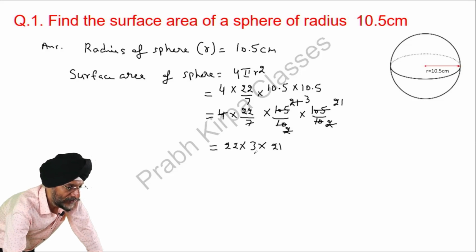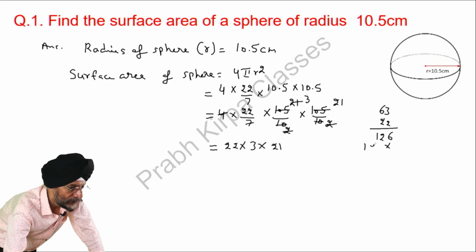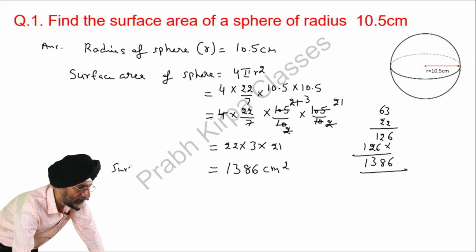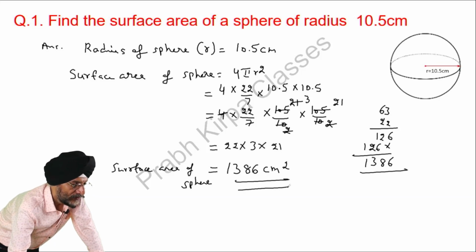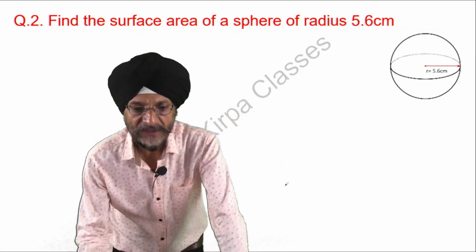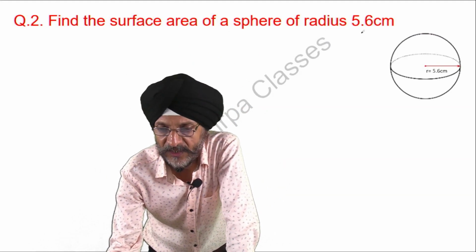Now 21 into 3 is 63. We will multiply it by 22. 1386 square centimeter. This is the answer. Surface area of sphere is 1386 square centimeter. Now the next question before us is, find the surface area of a sphere of radius 5.6